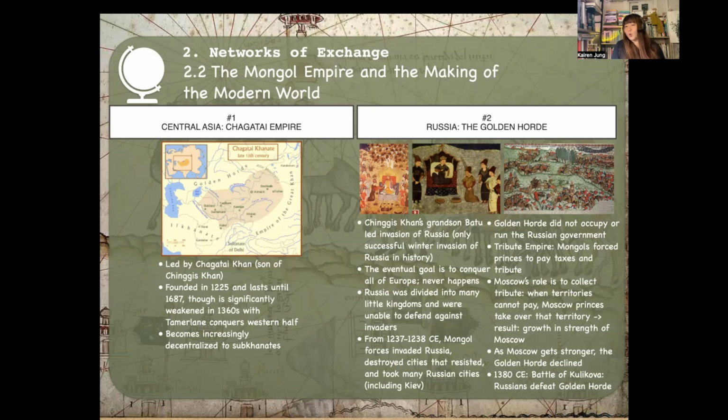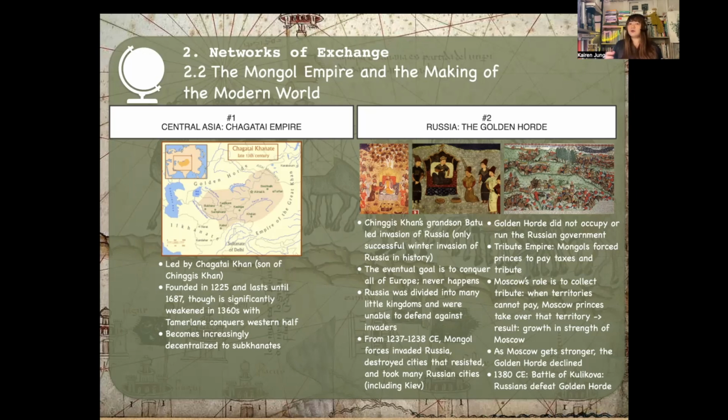Second, we have the Golden Horde ruling over Russia. Chinggis Khan's grandson Batu led the invasion of Russia, and it was the only successful winter invasion of Russia in history. Ferocious fighters, these people. The eventual goal was to conquer all of Europe, and it never really happened. Russia was divided into many little kingdoms, and they were unable to really fend against invaders. From 1237 to 1238 CE, Mongol forces invaded Russia, destroyed cities that resisted, and took a lot of Russian cities,